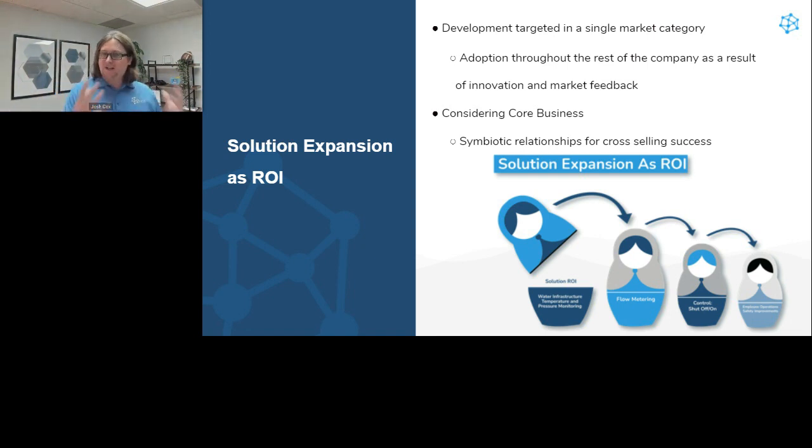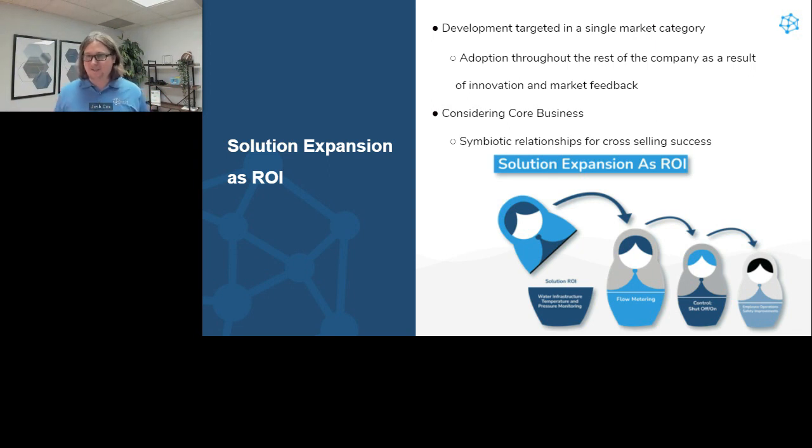And we came in and created an IoT solution centered around helping monitor plumbing infrastructure. So you create this new kind of existing infrastructure, and now suddenly the core business is thinking, hey, how can we adopt that and how can we use that for some of our plumbing parts? And you get that symbiotic relationship. So now the core business is cross-selling that connected platform, and the connected platform is now cross-selling the core business. So those kinds of expansion type ROI is really valuable and allows companies to succeed.